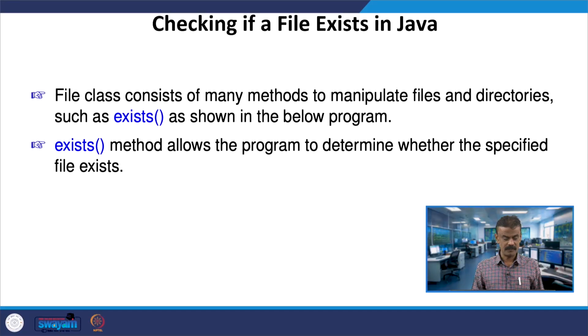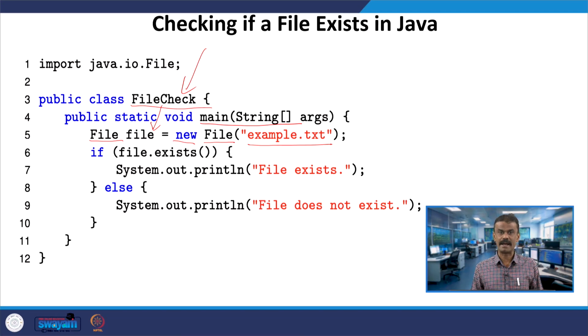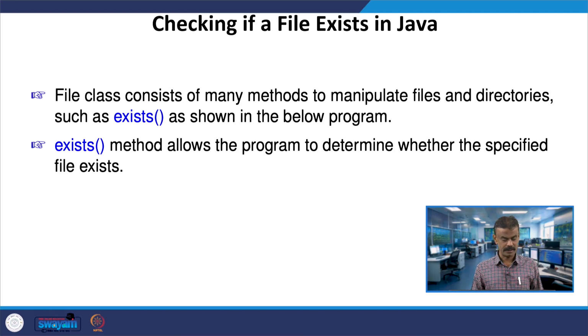So, in the case of Java, what we have done, we have used the input output package with file, right, the file handling. So, here you have the method called exists, all right. When I want to use exists, I have to use the File class. So, the File class has several methods, and I want to check whether the file exists or not. So, I have to use the method called exists.